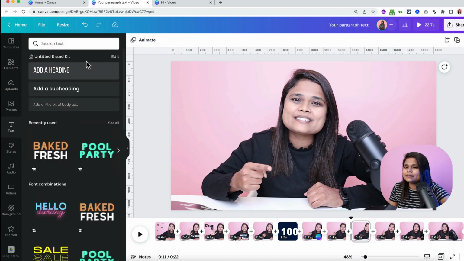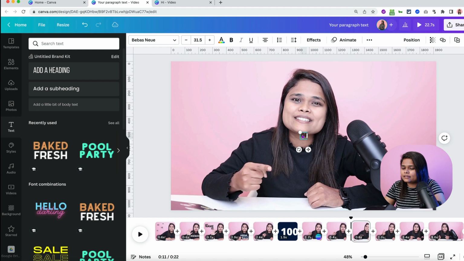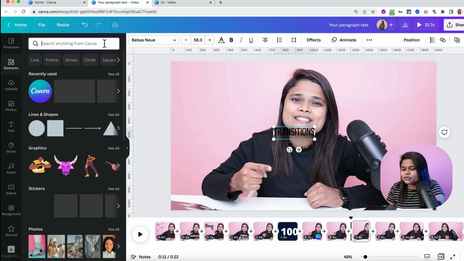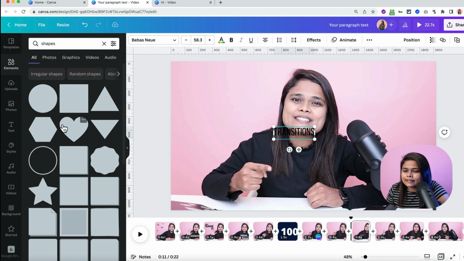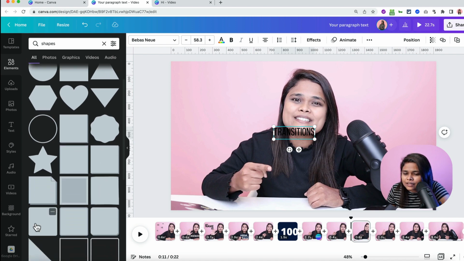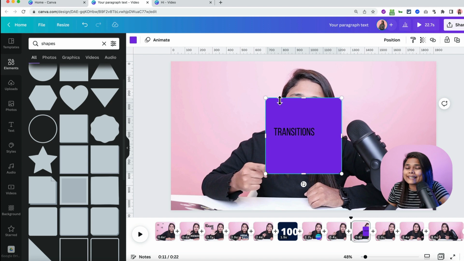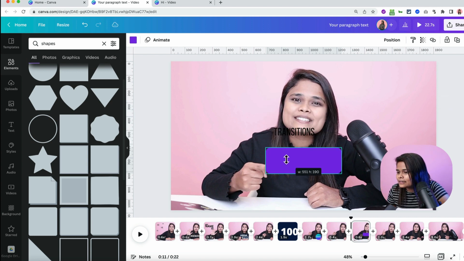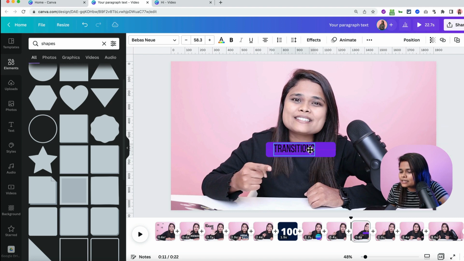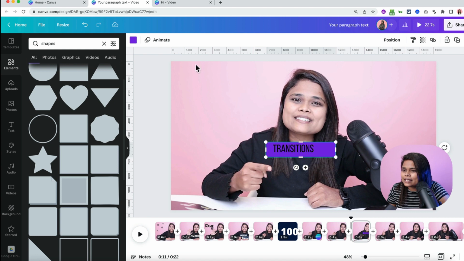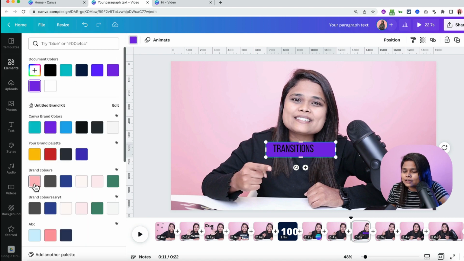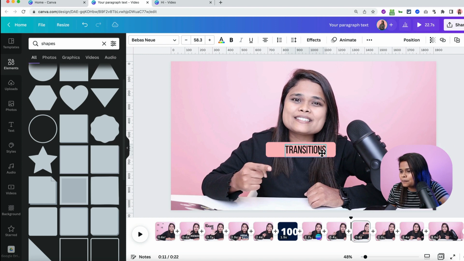So I'll press T, I'll add the text, and the word is transitions, right? I'll just zoom it and I'll search for shapes, and let's choose a different shape. So I'm gonna choose this rectangle with rounded corners, and I'll resize it. Let's resize it, and let's keep this text on it. So let's have a different color. So I'll have this color, and let's have this as black itself,